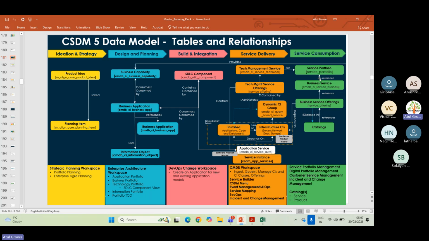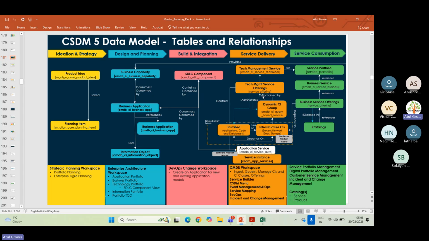So in the next slide, we will see how we are going to create these records. Are these 3 different tables or only one table? How does this work? Technical service refers to the portfolio. Training as a portfolio, I am referring to my technical services. In the background, I have a deployment, a hosting service, a maintenance service,